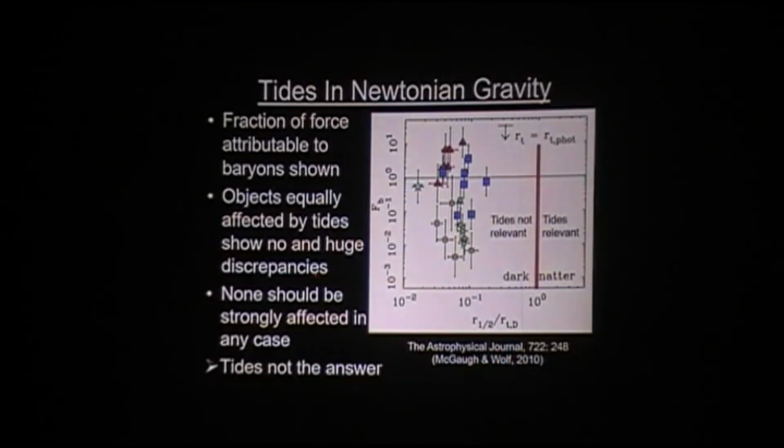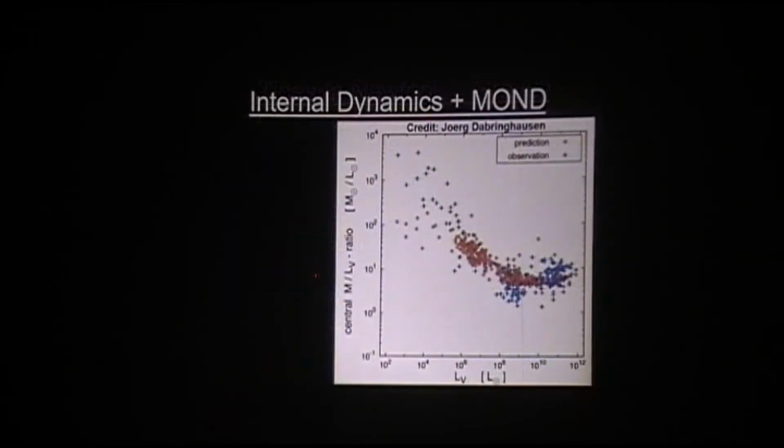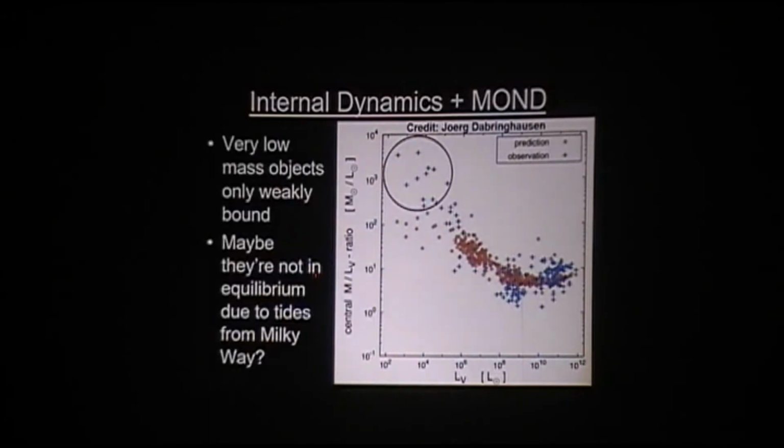The other thing that could be is, so I'll just show you that in MOND what would happen is it would work much better, but it would still not work with some of the faintest galaxies. And this obviously is the consequence of the fact that it boosts gravity in these low mass, low acceleration systems, but we'll see in a moment what happens when you redo the tide calculations for this model.